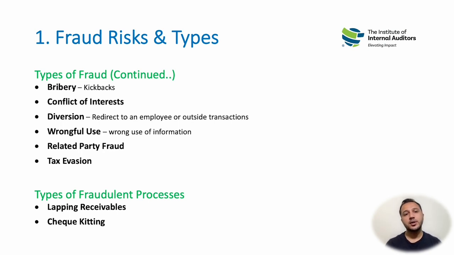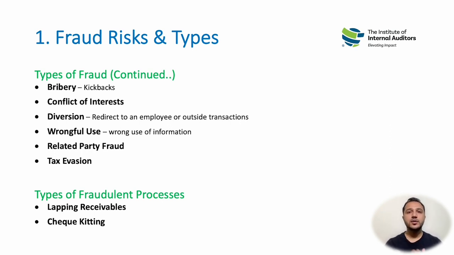So that is criminal activity. Types of fraudulent process. There are basically two types which are given in the context of the CIA course, but generally there could be even more. Lapping receivables is when, for example, you receive an amount from one customer, right, and it was a